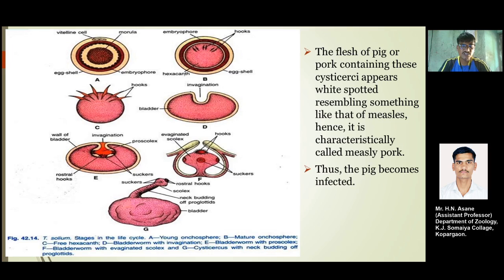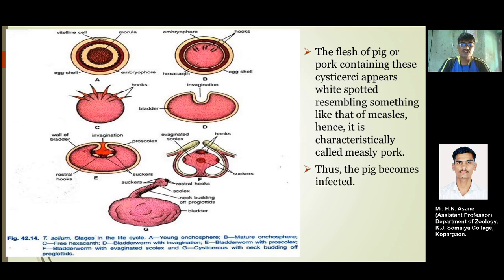So as you shift towards picture F, that is the bladder worm with the evaginated scolex, okay, and in that evaginated scolex the suckers are fully developed, okay, and its hooks, that is nothing but the rostellum, are mature enough to get attached already, and those hooks are well developed and going to insert into the muscles, okay, and they are going to attach,